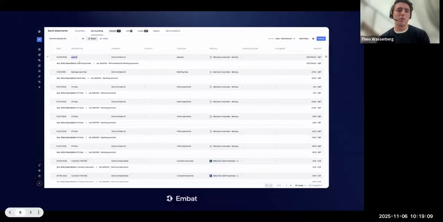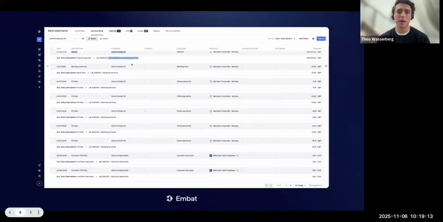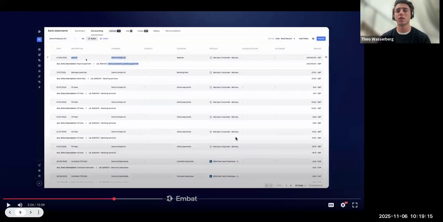So what you're looking at here is, in the grey, you're seeing the transaction from the bank, and in white underneath, you're seeing either the associated invoice or the suggested GL to post it to. And the system is just suggesting these to you using the rules and AI. And so this example says payroll, and so it's going to post it to remuneration pending payment GL account.